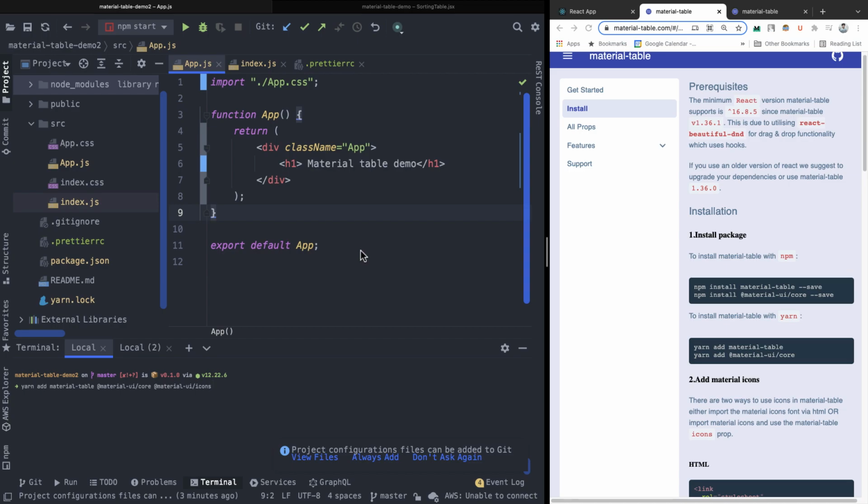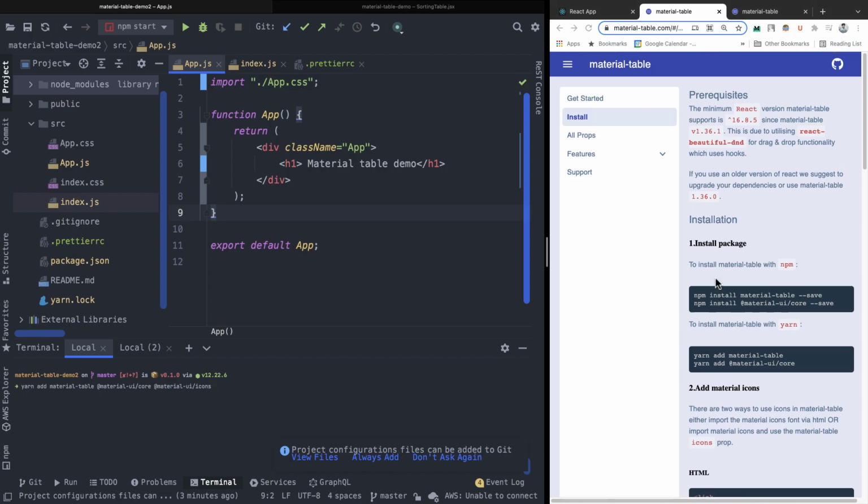Hello everybody. Today we'll take a look at a really popular table component library for ReactJS applications. The library is named Material Table, and as the name suggests, this table is built on top of Material UI, which is a very popular UI framework. And as a table component, this library is hugely powerful. Today we'll take a look at some of the features this table offers to us and see how to take